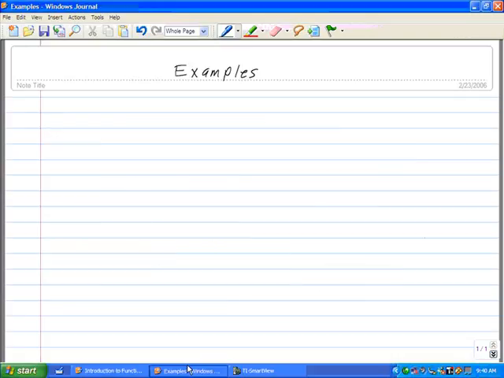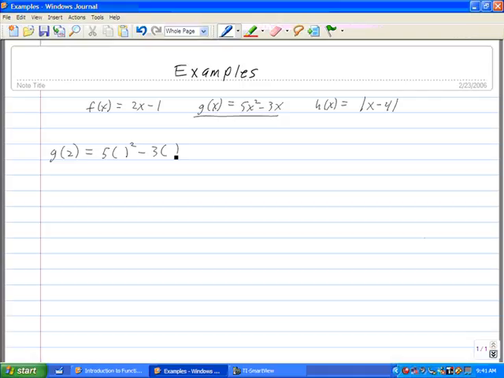So let's go back to our examples and use our function notation. Let me give you 2 or 3 functions to work with. Let's say we had an f of x equaling 2x minus 1, a g of x equaling 5x squared minus 3x, and an h of x being the absolute value of x minus 4. And let's say I was to ask you for g of 2. What would that be? Well, you go up, you get the function that I've named, you pull out the x, and pull it out wherever it was, and in its place you put a 2, and you start doing the arithmetic,